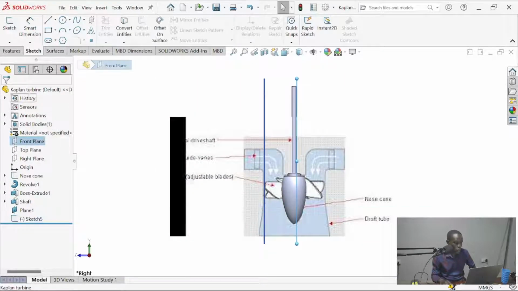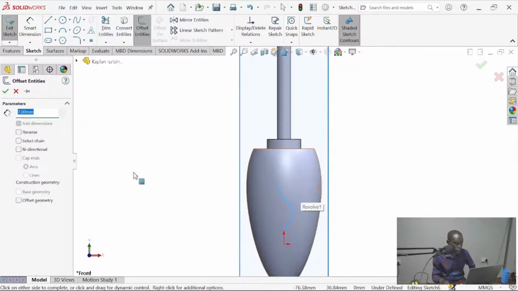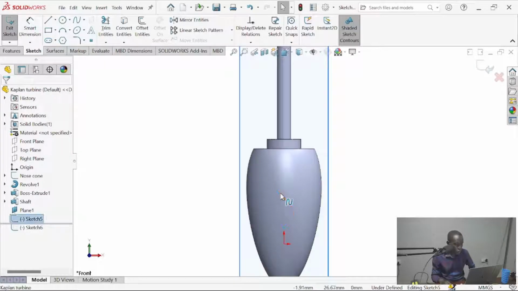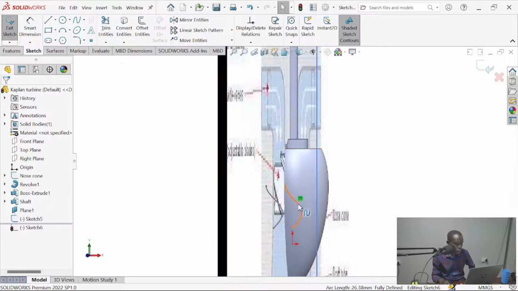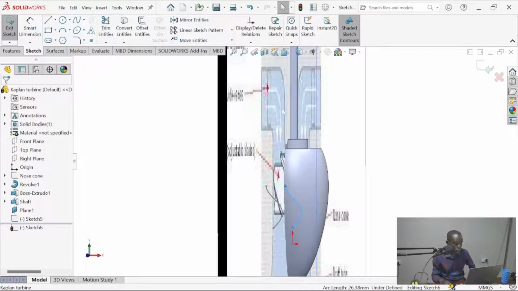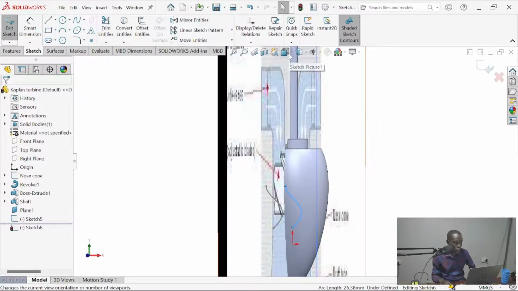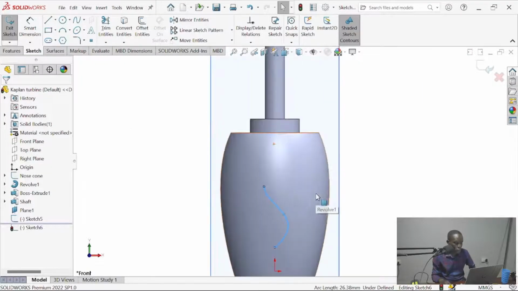Go back to the front plane, select sketch, and this sketch we offset. Let's convert. Remove the relation and see. Need an offset.